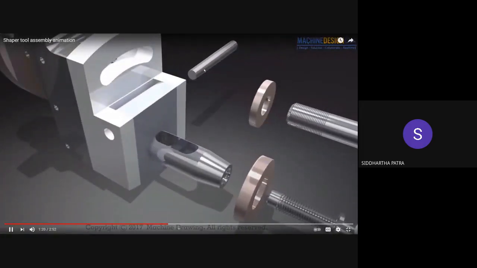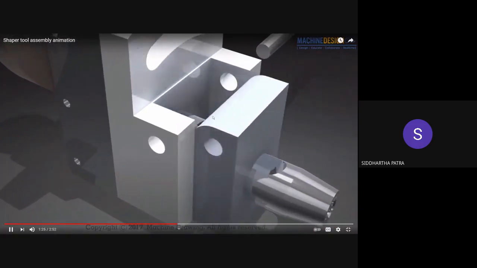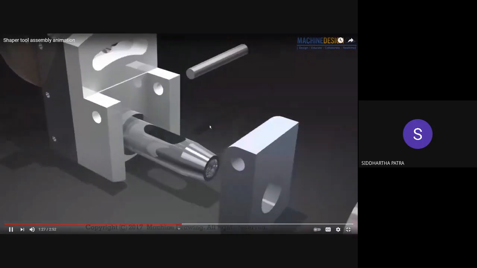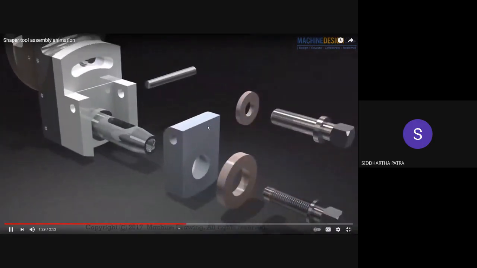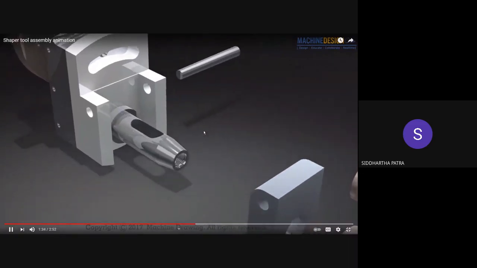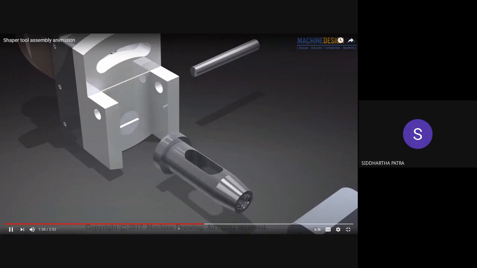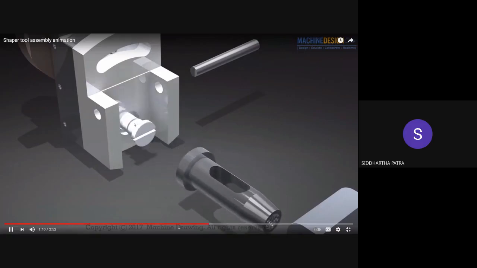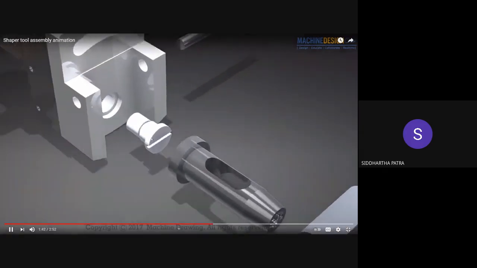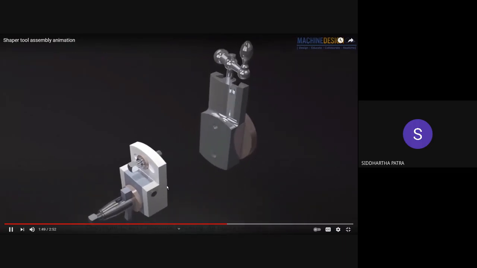And once you remove this pin right there, you have the drag plate. It can be removed. And you see, you have another clamp screw right there to ensure that once the former clamp screw is removed, this swivel plate could be rotated with respect to the vertical slide.